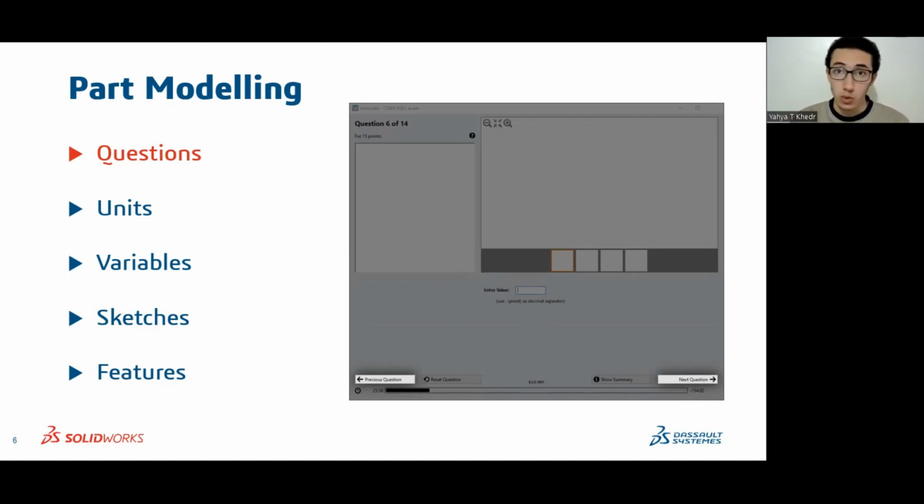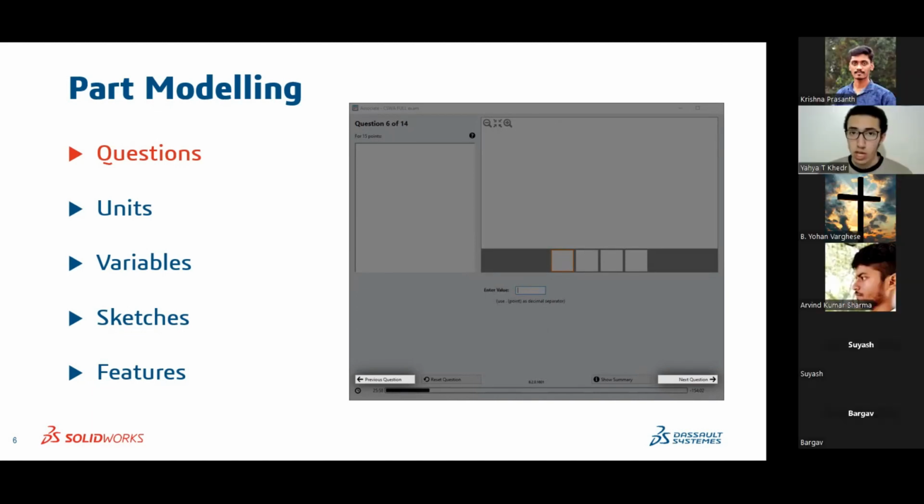And in both cases you must note that there's a margin of error in your answers. In the CSWA it's 1%. So remember, 1% plus or minus for any number that you enter. But when we're talking about MCQ or multiple choices, make sure that you're always choosing the nearest thing to your number. And maybe even nearest is a bit far off because we're building on that part as we go throughout the exam. So make sure that your number is the same as the choice that you get, because if there's a slight difference, for example a decimal place, that might not be an indicator right now, and you still might choose the nearest